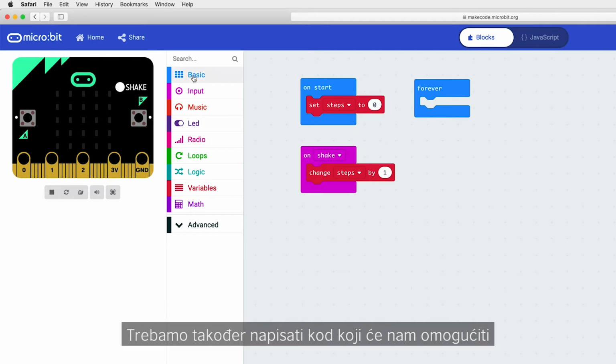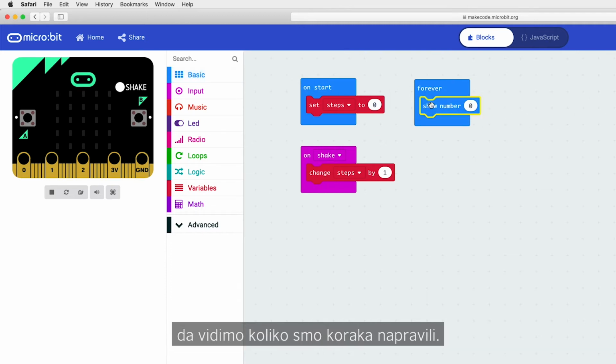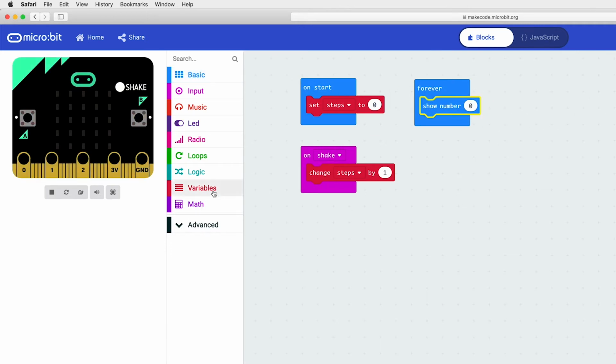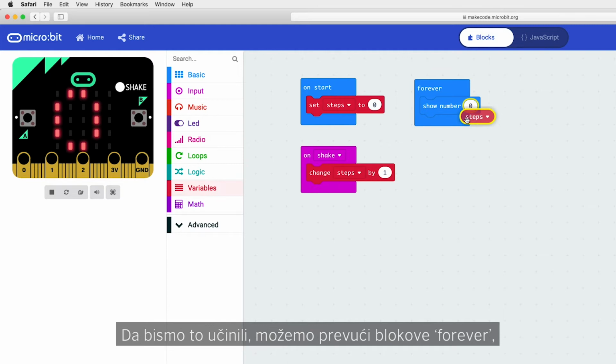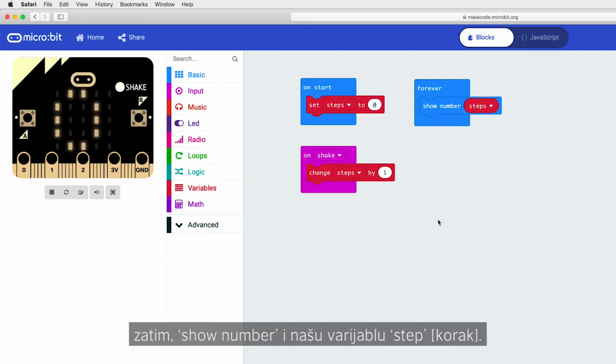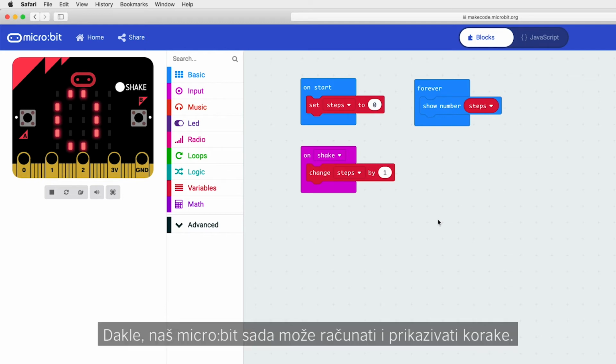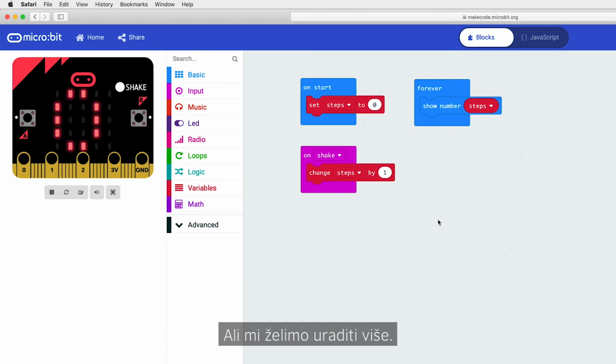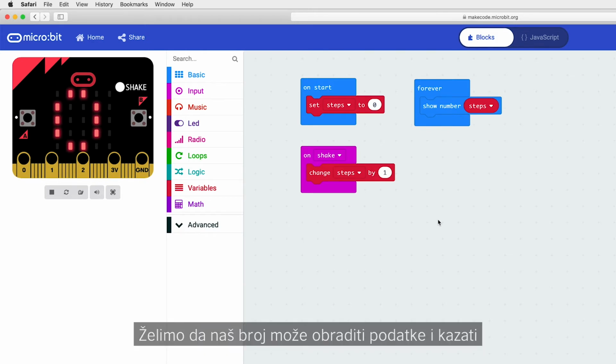We also need to write some code that gives us a way of seeing how many steps we've taken. To do this, we can drag in a forever block, followed by a showNumber block, and our step variable. So, our microbit can now count and display steps. But we want to do more. We want to be able to process data with it and tell us if we've reached our goal at the